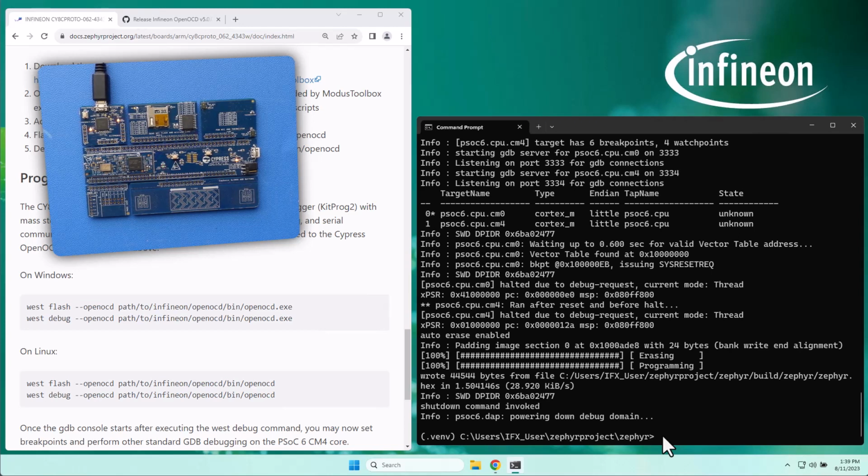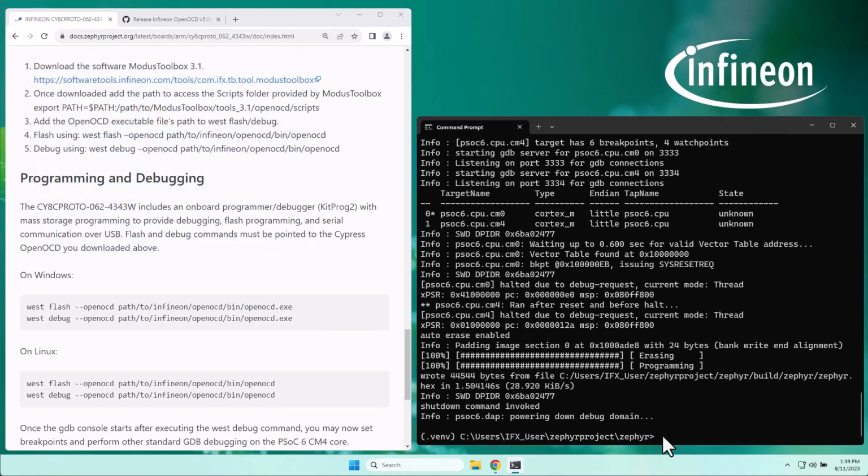From here, you can refer to additional sample applications or start creating your own application. Look for more details in the